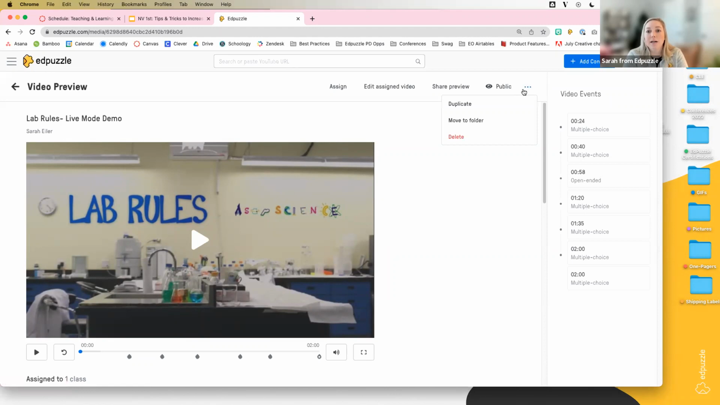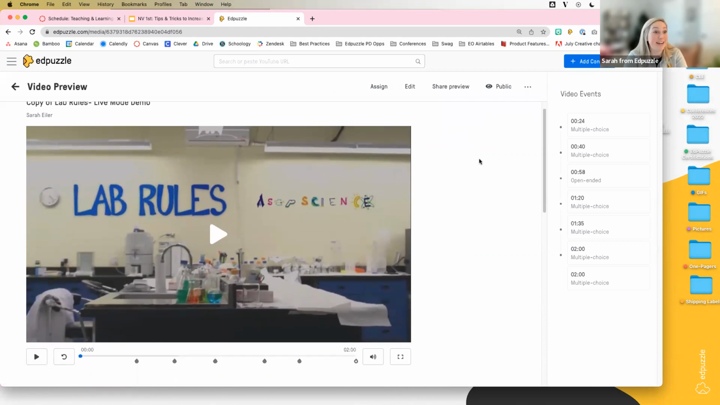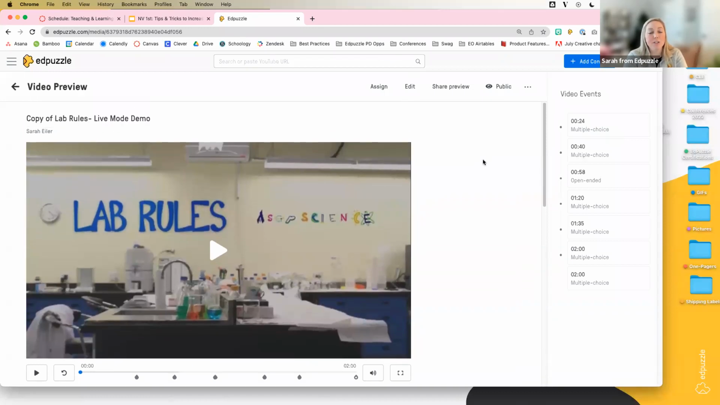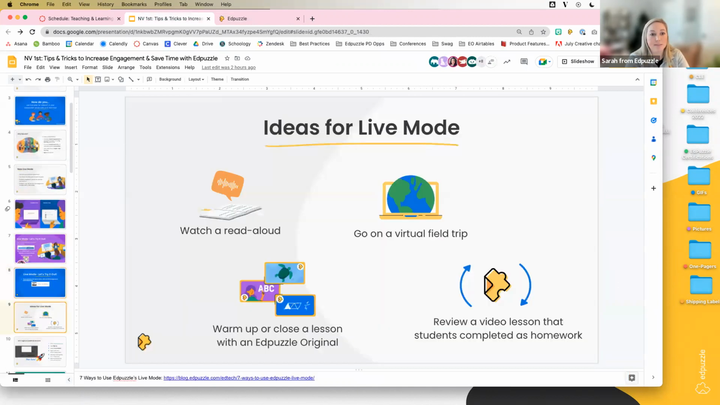So, all right, I'm going to make a copy of this really quick, only because I want to be able to edit it, and it's been assigned, so it's going to be a little wonky if I don't just duplicate it real quick. So to show you some of these features, first of all, I'm going to stay at edpuzzle.com to show you these features, but if you went to our bit.ly, which was in the bottom right screen, you will see